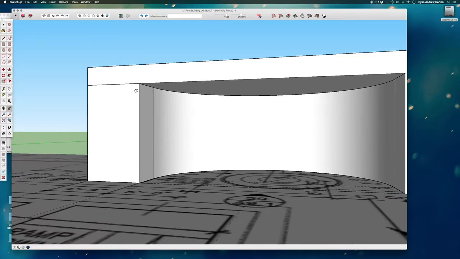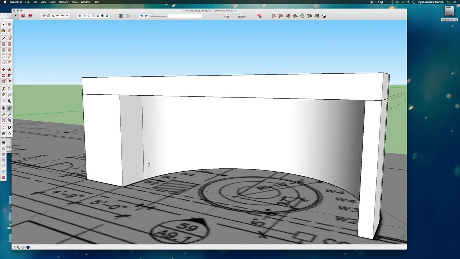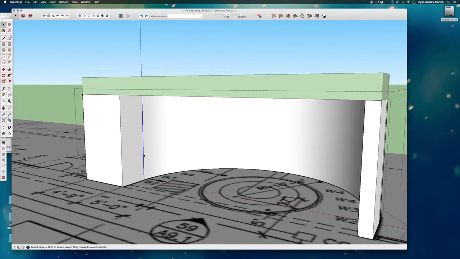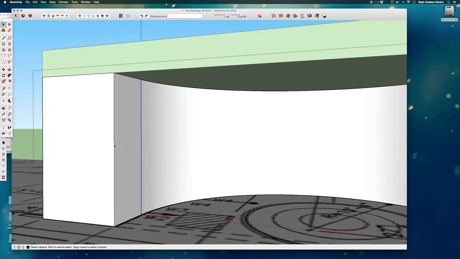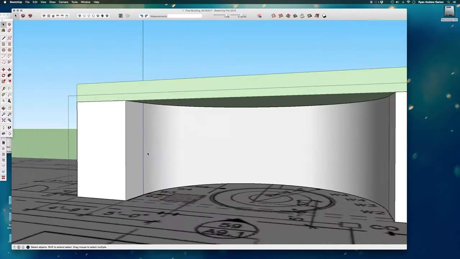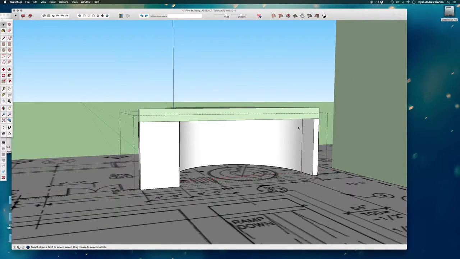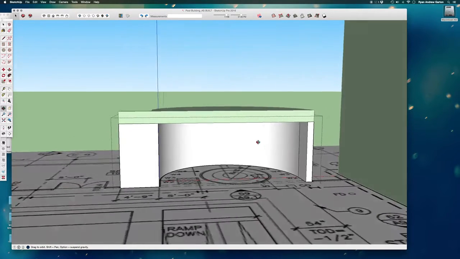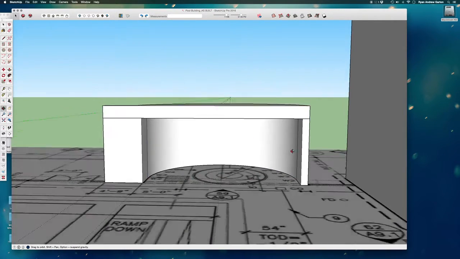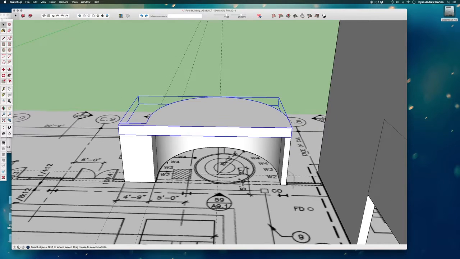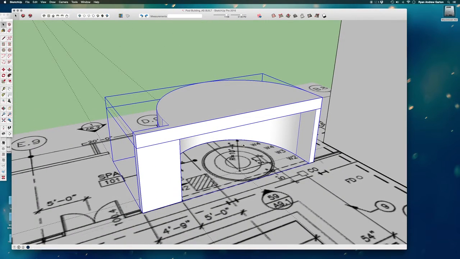Of course there's going to be a line here on the underside, and there will also still be a line here because what this line is doing, if I open this up, this line is the end of this plane. Then I have a curve, then I have another face with a line that separates. And if I delete this line, I'm going to start losing faces, which I don't want to do. We can get into how to get lines to disappear that we don't want to see later, but that still need to be there. But first things first, let's take these two groups, let's select them both,